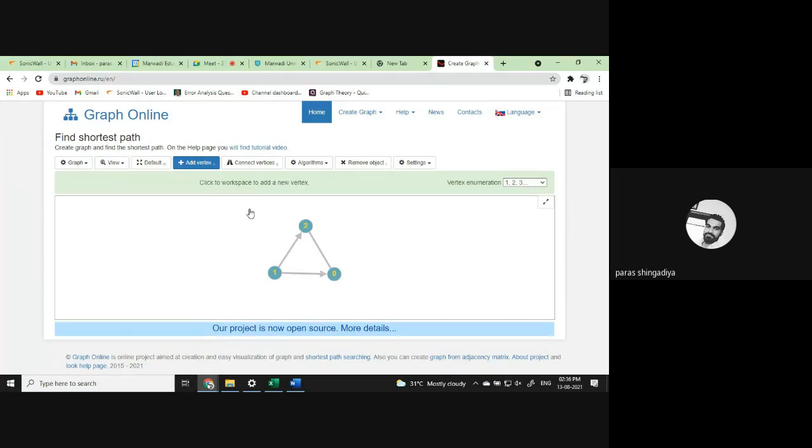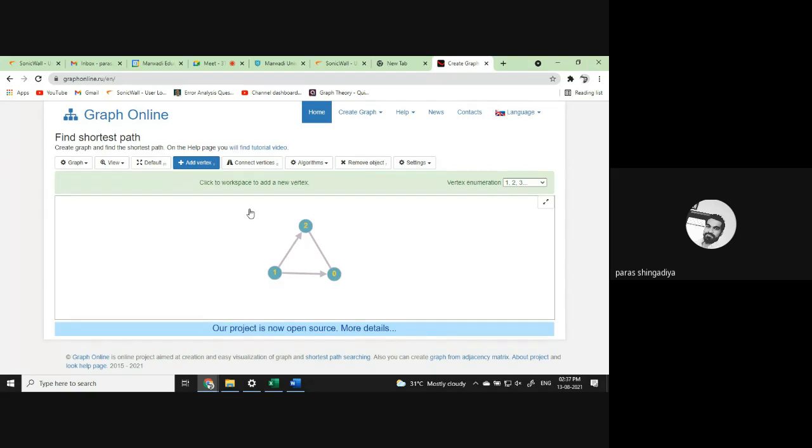the direction is mentioned between 1 and 2. So what does it mean? There is one direction. Okay, the arrow mentioned between 1 and 2 means the value from 1 to 2 is 1, but the value from 2 to 1 is 0. Okay? The value from 1 to 0 is 1, but what is the value from 0 to 1? That is 0. Clear? So therefore the direction is mentioned. There is only one direction you have to follow. There is no bidirectional edge. When A to B is 1 and B to A is also 1, then it is bidirectional. Okay, if AB is 0 and BA is 1, then it is called the one direction form.